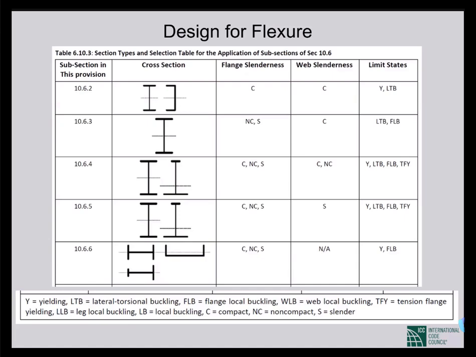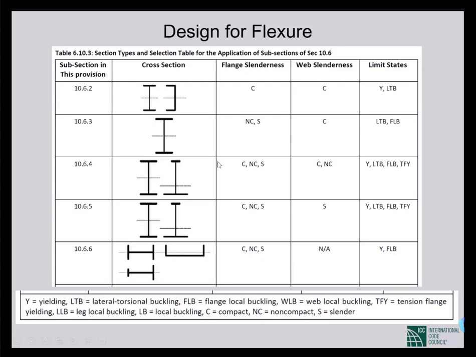So, so far we have talked only about design for tension and design for compression. Now design for flexure. For flexure we have to understand the limit states, that is how we are expecting the sections to fail. Will it yield? Will it buckle? In what type of buckling will there be? You see at the bottom there is a long table like this. The number of the table is 6, 10, 3.